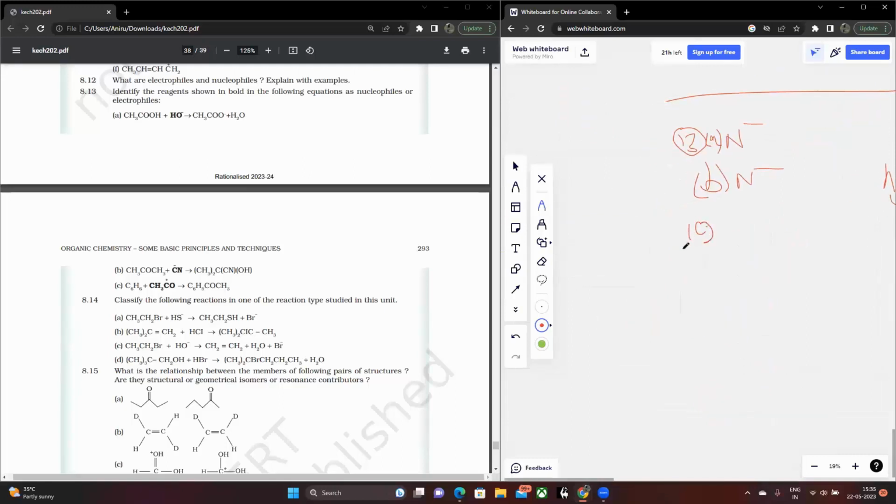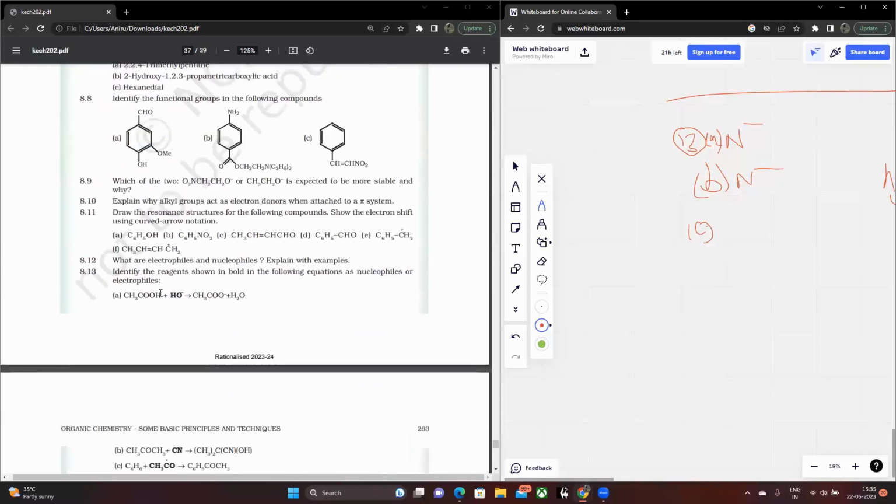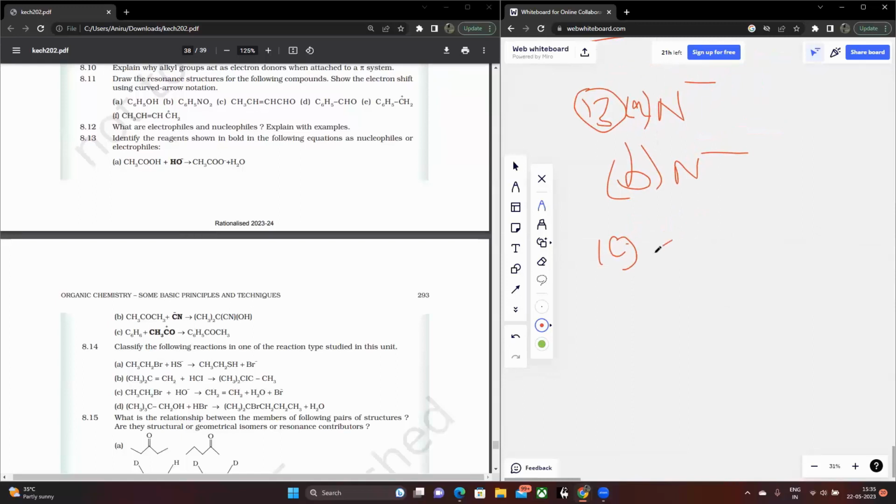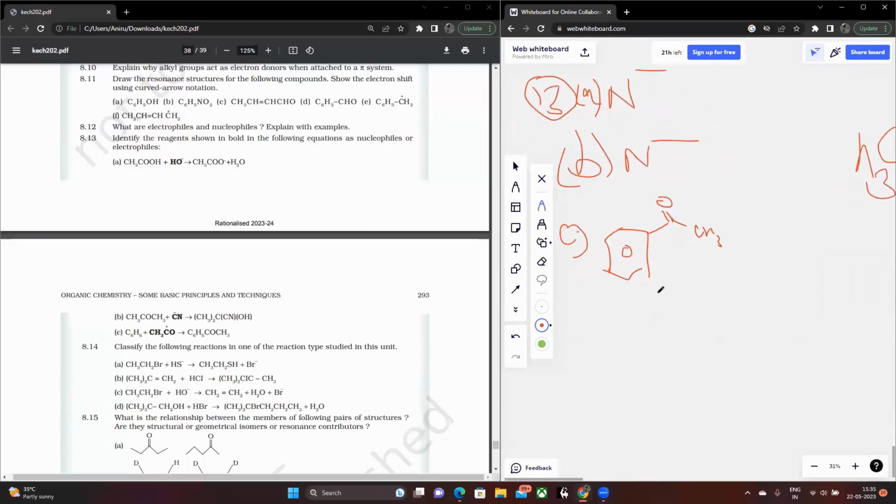Finally, you have CH3CO plus, which is attracted to the benzene ring and basically becomes C6H5COCH3, right? Two things. First of all, a nucleophile cannot attack benzene, right? Only electrophiles can attack benzene because benzene rings are electron rich, right? And so it's basically a no-brainer that this molecule CH3CO plus is an electrophile. But then again, you can also see it in the sense that it's positively charged, A, and B, it attacks